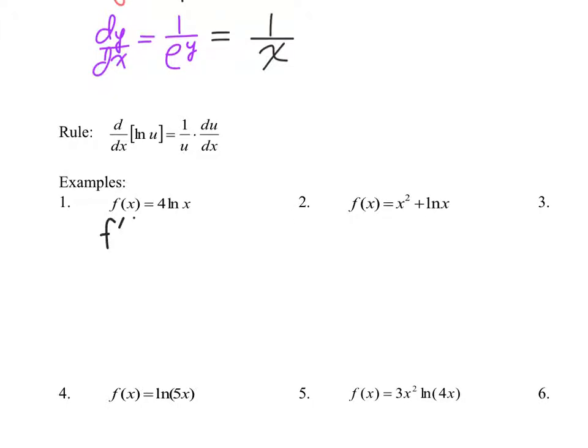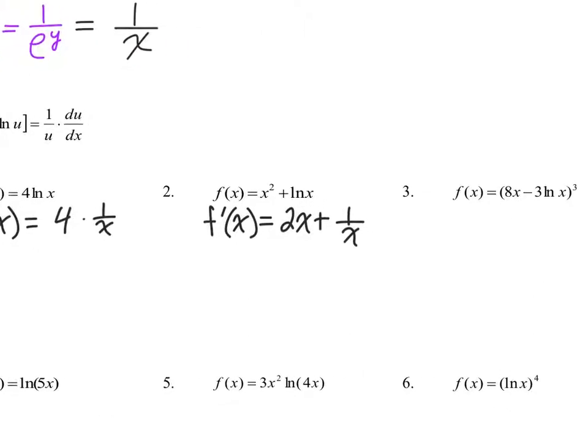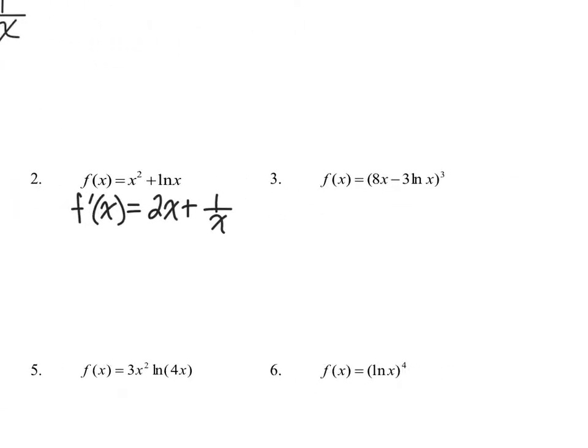Number 1 as a constant multiple. So 4 times 1 over x. Number 2, power rule, 2x, plus, well, natural log is just 1 over x. Number 3 gets a little juicier